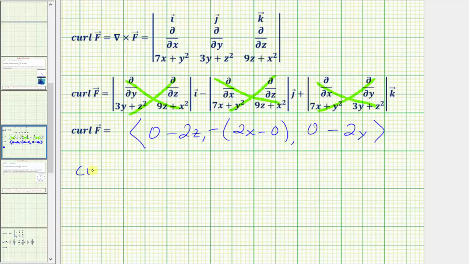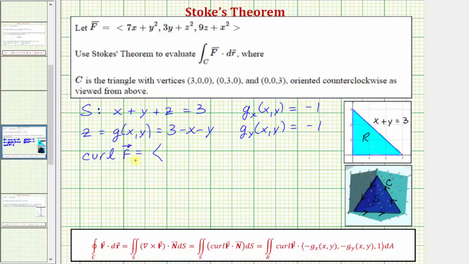So simplifying, the curl of the vector field F would have an x component of negative 2z, a y component of negative 2x, and a z component of negative 2y. So going back to our first slide, we now know the curl of the vector field F. So applying Stokes' theorem, the line integral along the curve C, which is a closed curve, of F dot dr